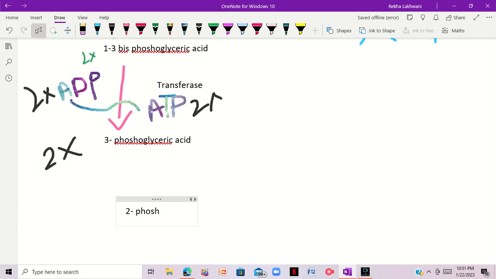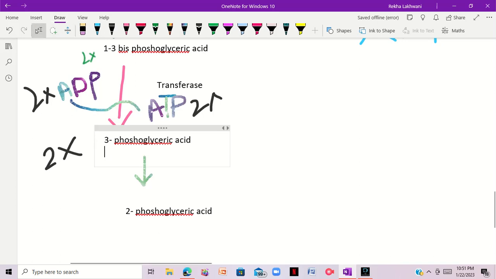This is converted into 2-phosphoglyceric acid with the help of an enzyme known as mutase, right? So with the help of the enzyme mutase, this 3-phosphoglyceric acid is converted into 2-phosphoglyceric acid. Now what happened? This 2-phosphoglyceric acid is basically converted into